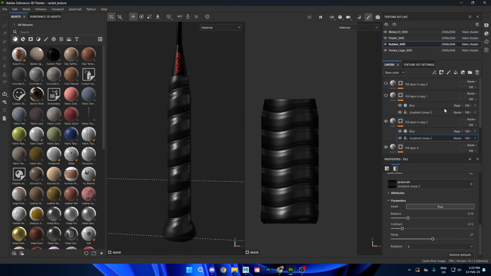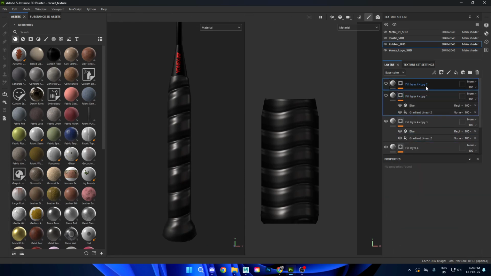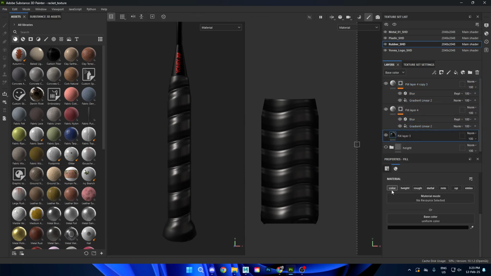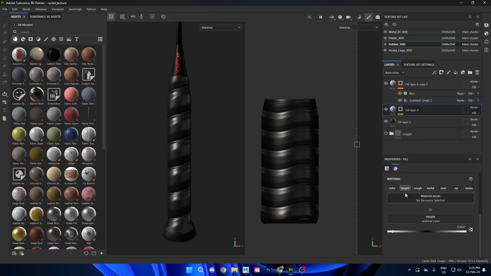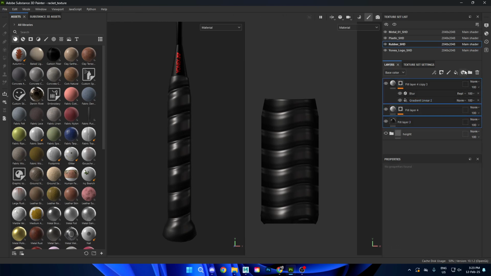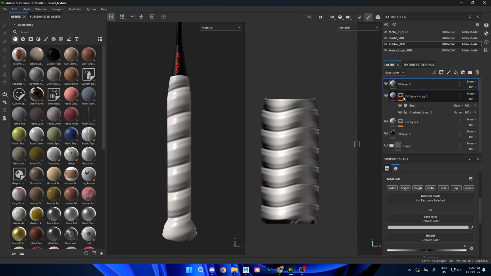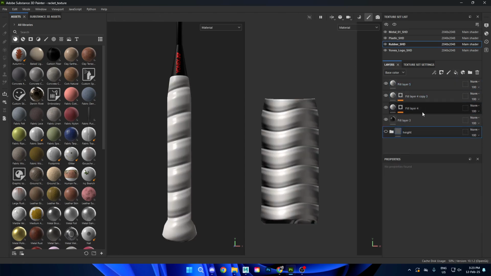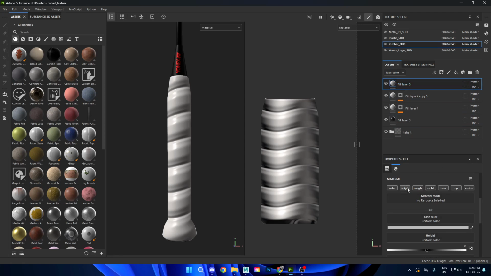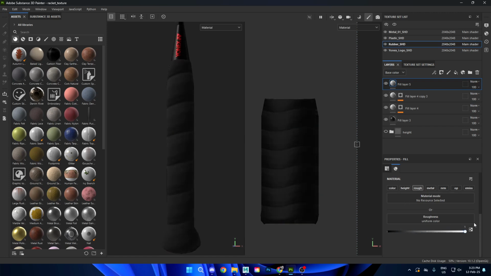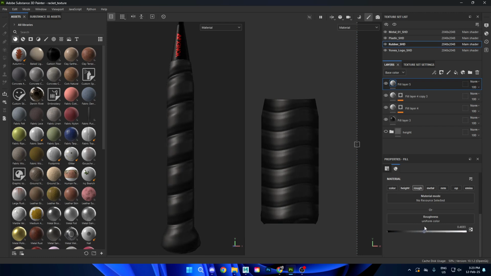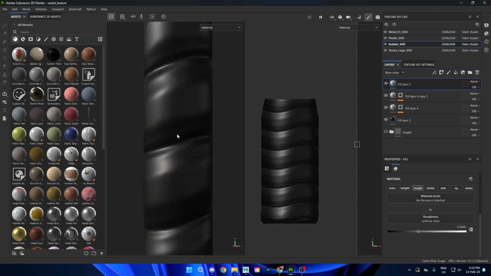Now we're already done with color, and then we're done with the height. So now we can go inside to the roughness channel. You can create another fill layer, and just leave the roughness channel on. For the roughness channel, you can adjust and you can see the difference. So inside here, let's say,